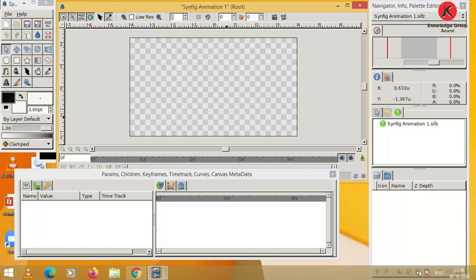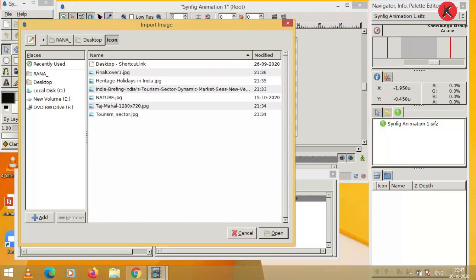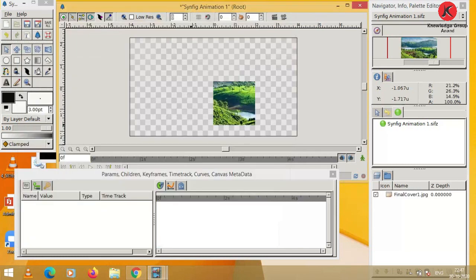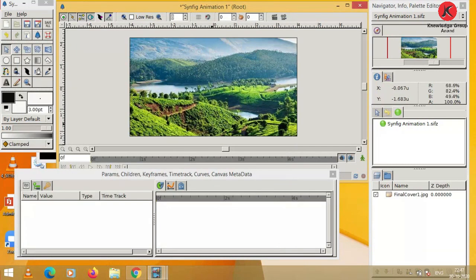Now we will learn how to create a slideshow in Simfing. Here we insert images one by one. First of all, if you want to insert an image, use the shortcut key Ctrl plus I. One by one we can insert an image. You can see here our image inserted on canvas, but by using